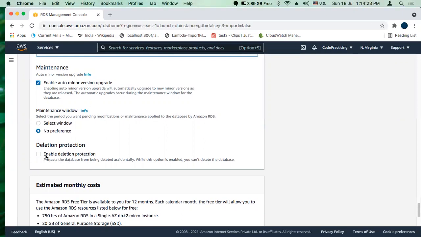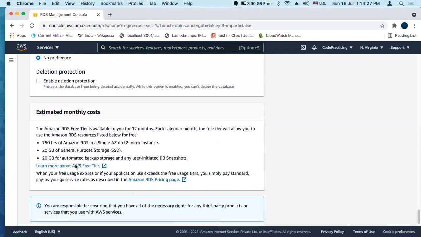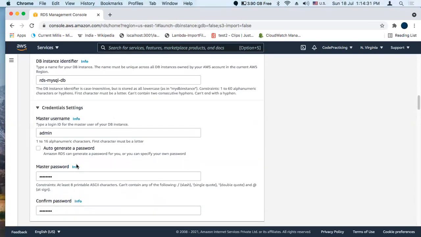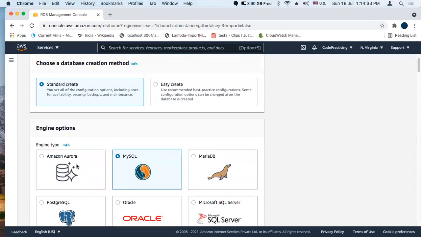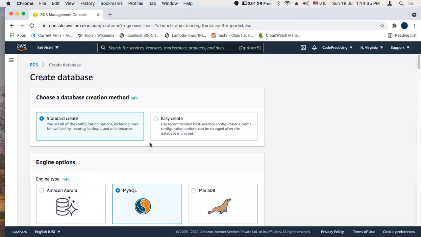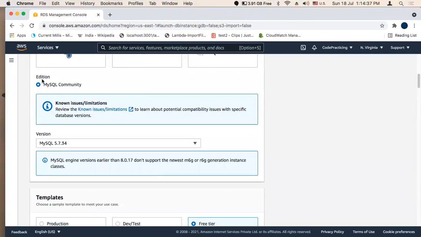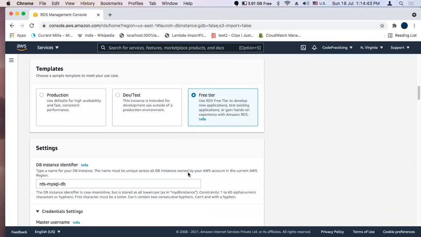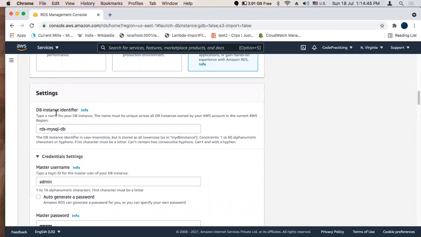So for this tutorial, we don't want to enable this delete protection. Okay, all settings are done. Let's check once again what are the changes we had made. What are the selections? Standard create, MySQL, edition MySQL Community, version 5.7, latest version, template free tier, settings, DB instance